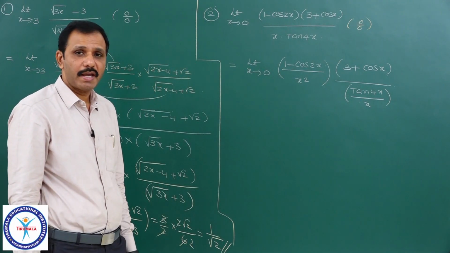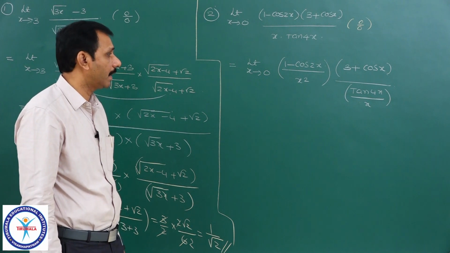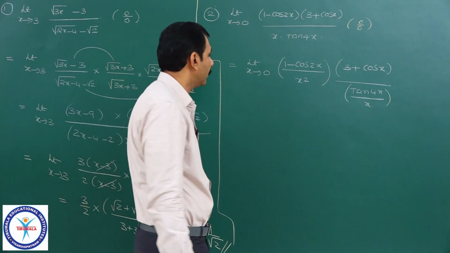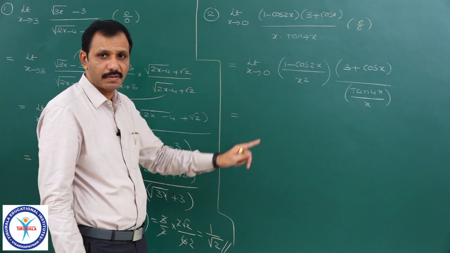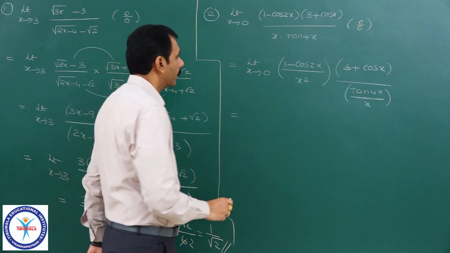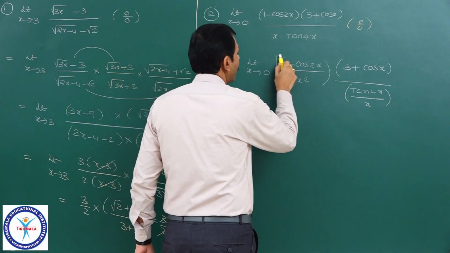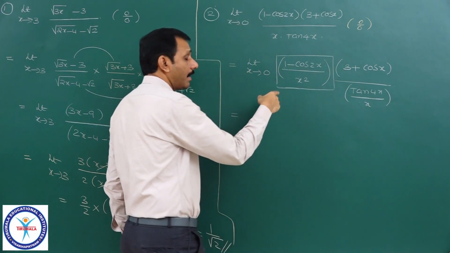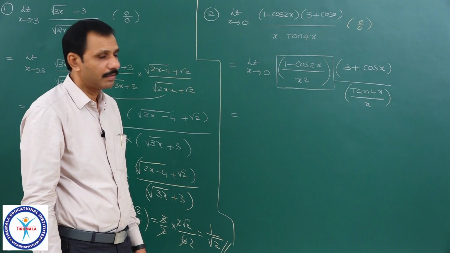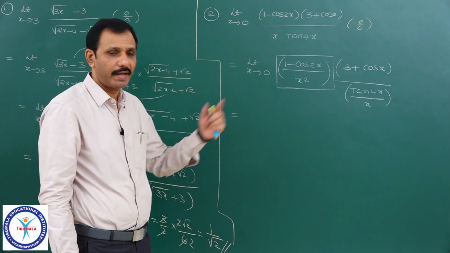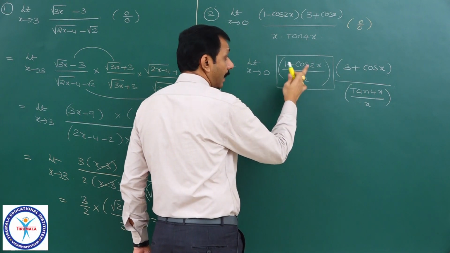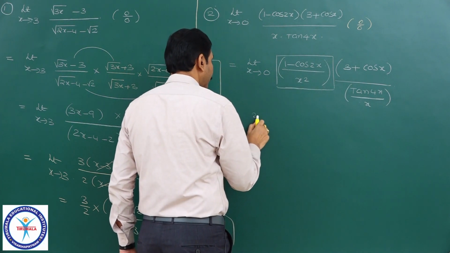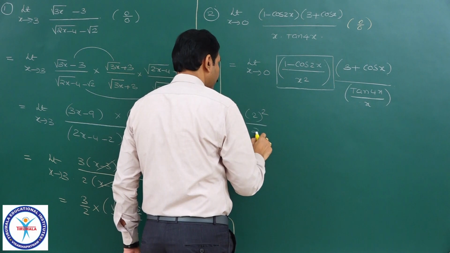Limit of f of x into g of x means separately we can evaluate the limits. Right. It is equal to, hope you understood this step, almost completed the limit. It is of the form 1 minus cos lambda x by x square. You need not write 2 sin square again. What is 1 minus cos lambda x by x square? Lambda square by 2, that is 2 square by 2. This one completed.